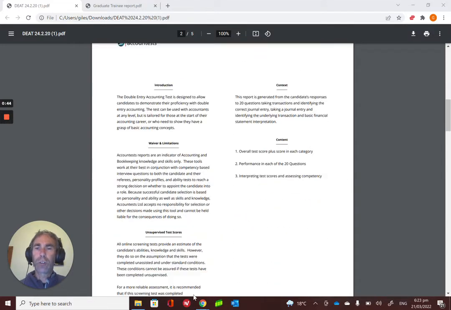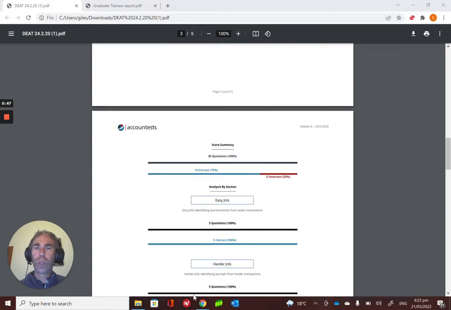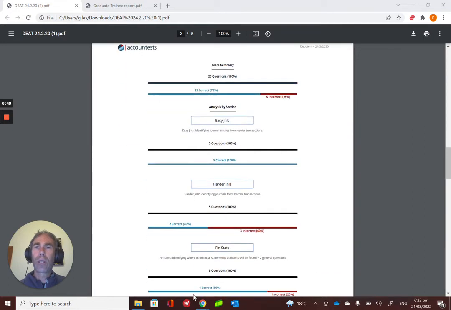Flick over past the introductory page to page 3. Here's where you get a summary of how your candidate has done. On the top line, you can see their score out of the 20 possible questions. We worked a cut score out for this test at 15 out of 20. So what we are saying is that to show intuitive understanding of accounting, your candidate needs to have got